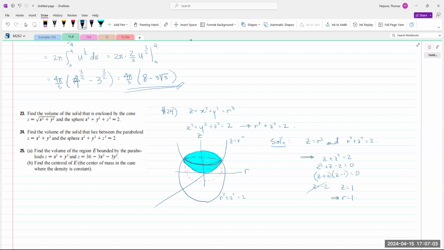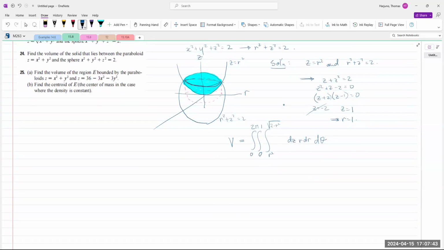In other words, the triple integral for the volume is from 0 to 2 pi for theta, r will be from 0 to 1, and for z, the lower bound is r squared. The upper bound will be the square root of 2 minus r squared. Now that will give us,